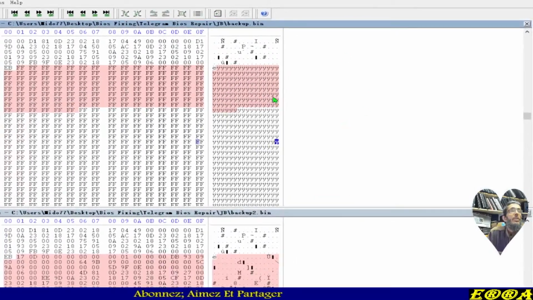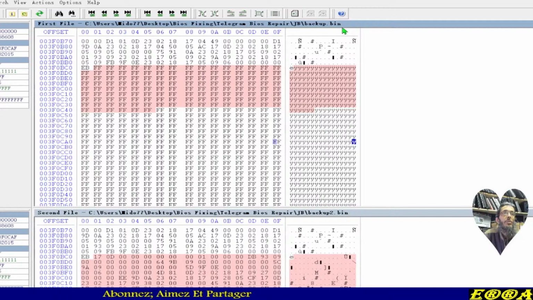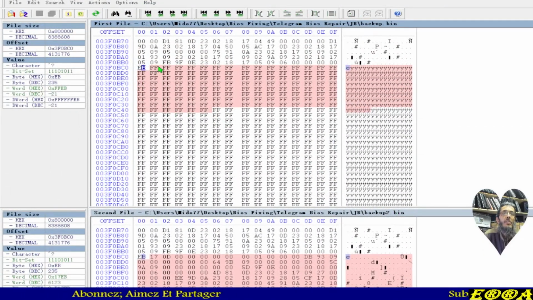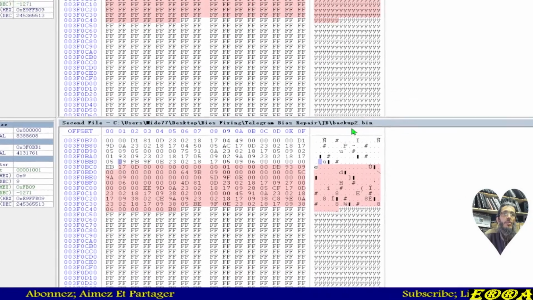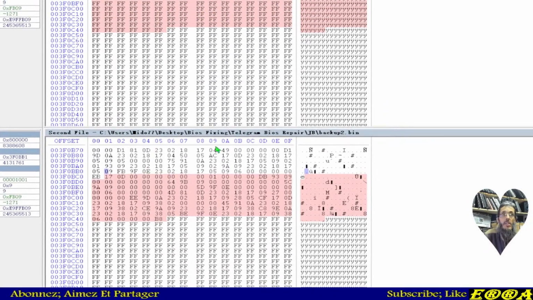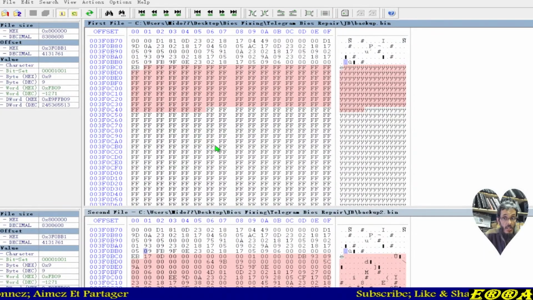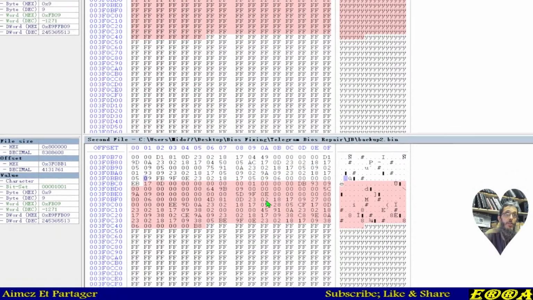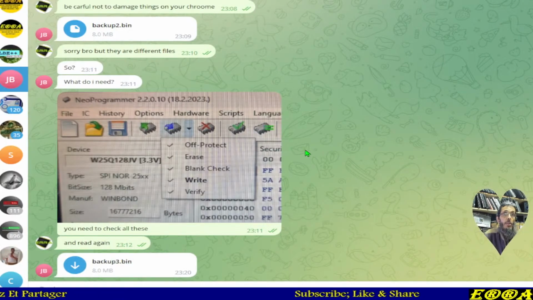So here this one is backup.bin, this one is backup2.bin, and these FFs here mean no data, and here we have data, and it's the second backup which has data here, and the first one has no data here, which means that the first file is not good, but that doesn't mean that the second file also is good. So this is the problem with the clip.